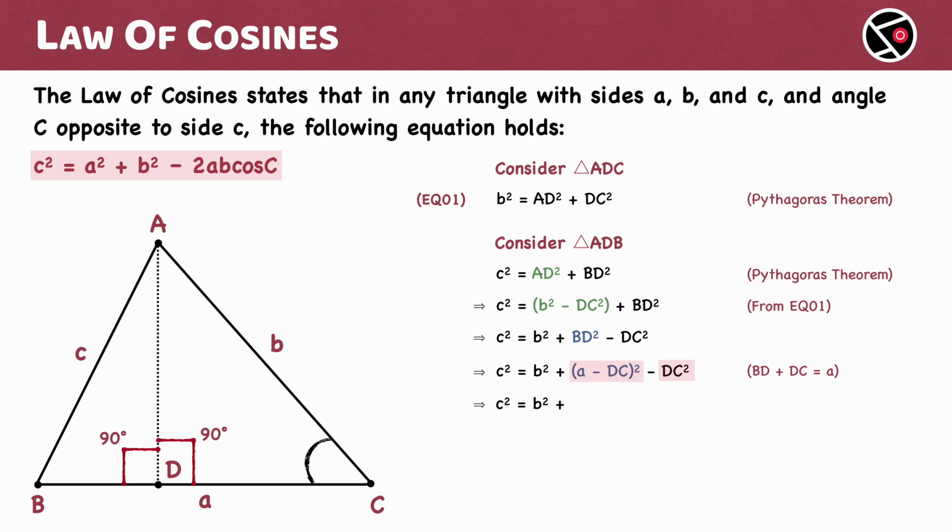So let's apply the identity: X square minus y square equals x plus y, x minus y. And we get A minus DC plus DC times A minus DC minus DC. Cancelling out plus DC and minus DC, we are left with